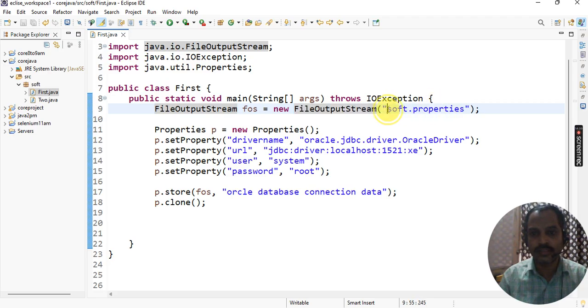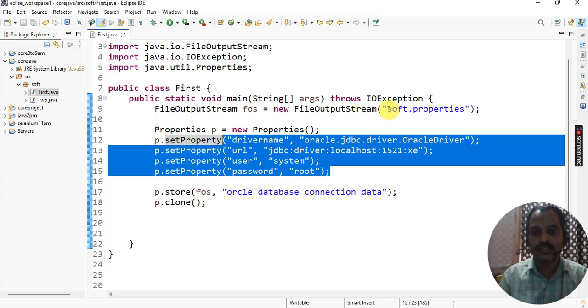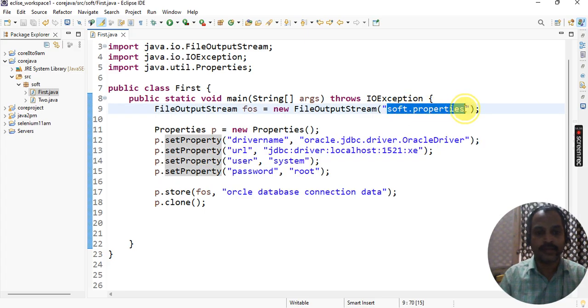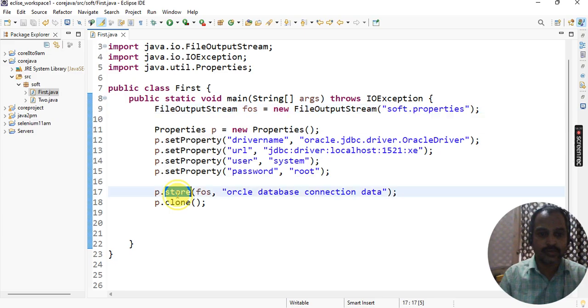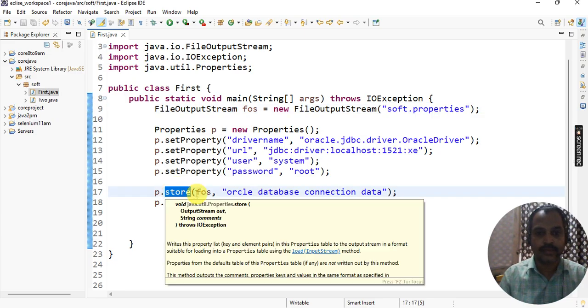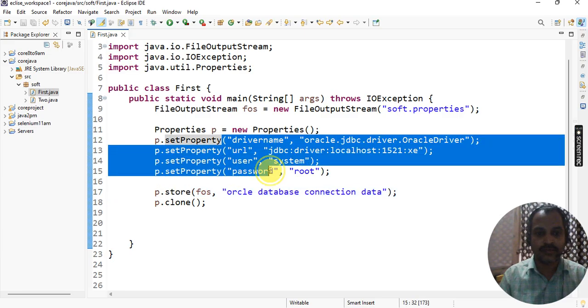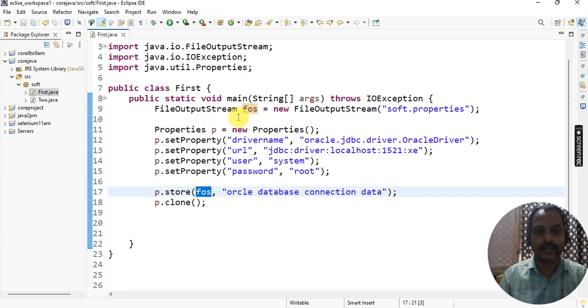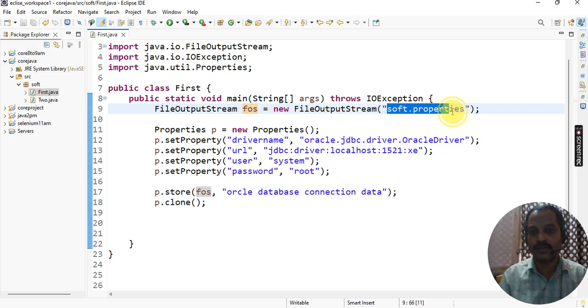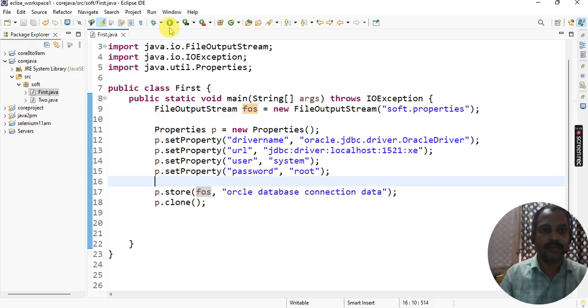The file name is soft, that is a properties file. So in that properties file I set the parameters. This is a key value. So this information is stored in the soft.properties file. Why? Because we are using the store function. So I store this entire information into FOS. FOS means file output stream, which means soft.properties. So when I execute this program,